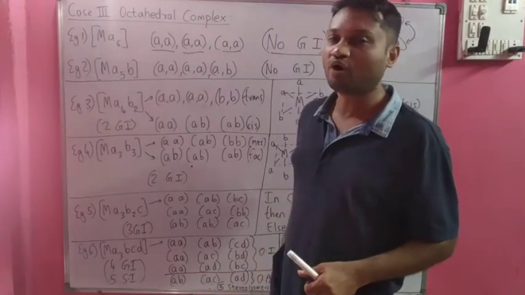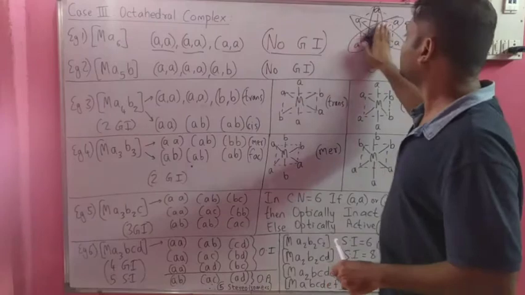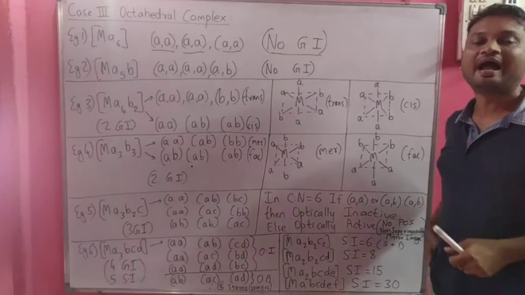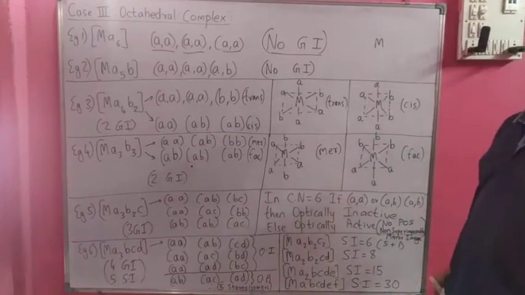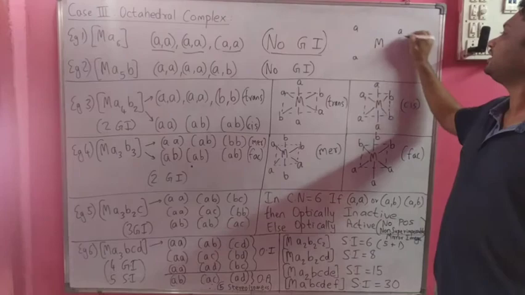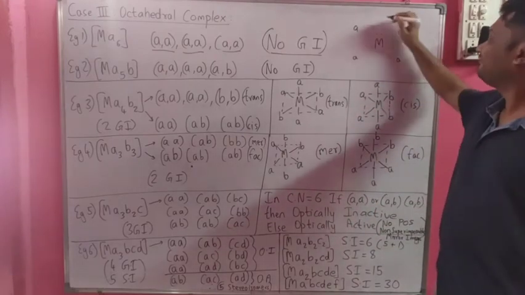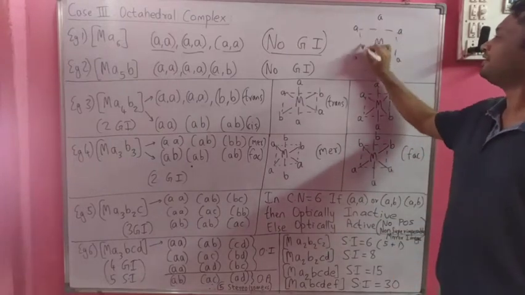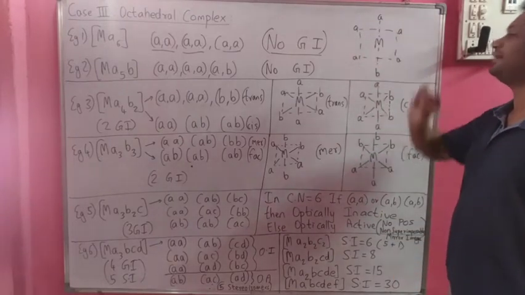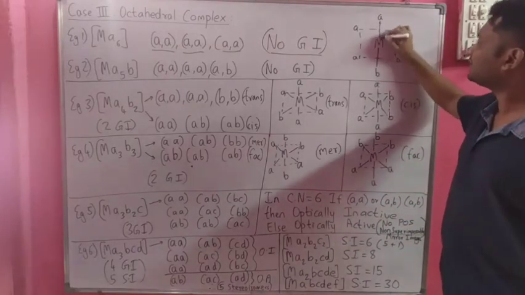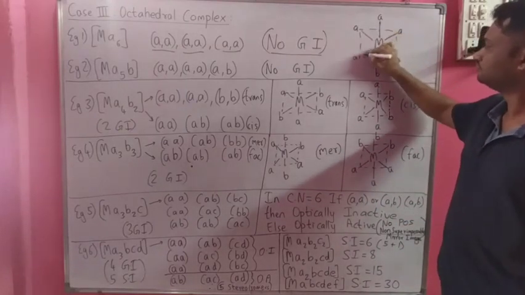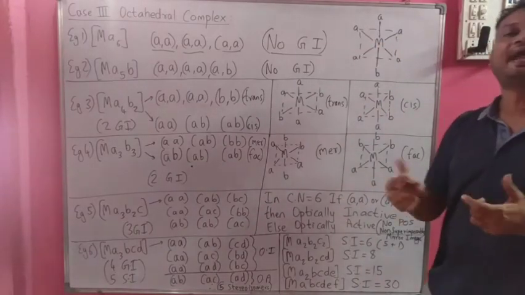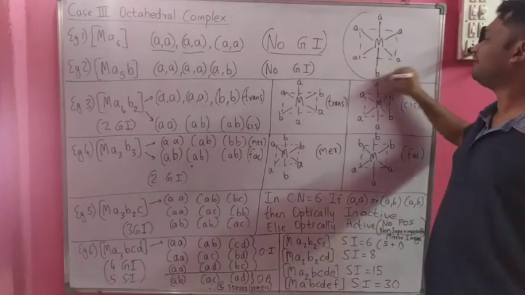After this, let us move on to Ma5b. So, in this case, again we have M, which is the central metal atom, and 5 ligands A which are monodentate, 1, 2, 3, 4 in square plane, 5th A above and B below. So this is one square plane, one ligand at the top, one ligand at the bottom. So we have a structure like this. Now, in this case, if I replace one A and B or A and A, again we will have the same structure.